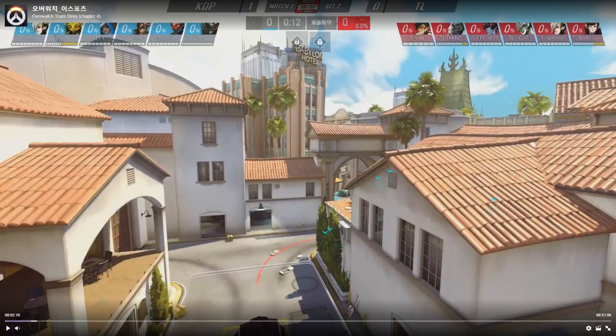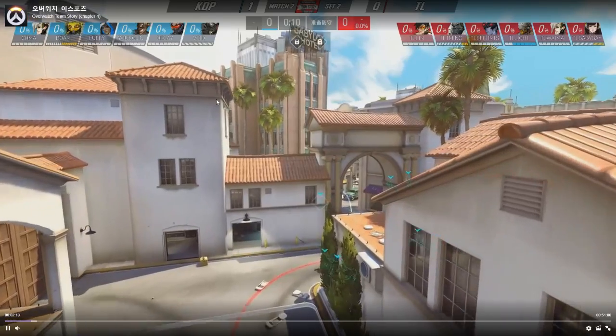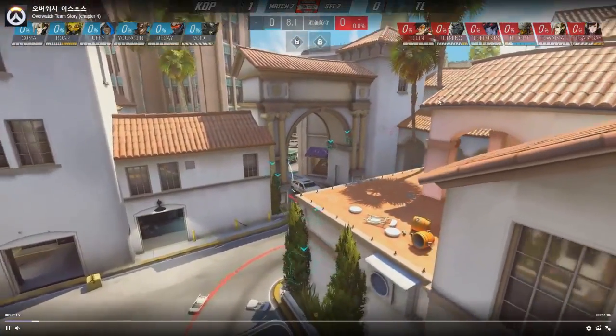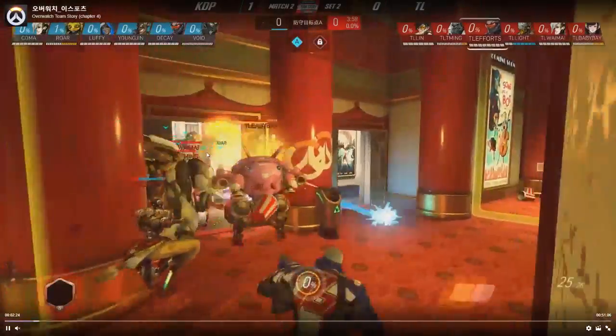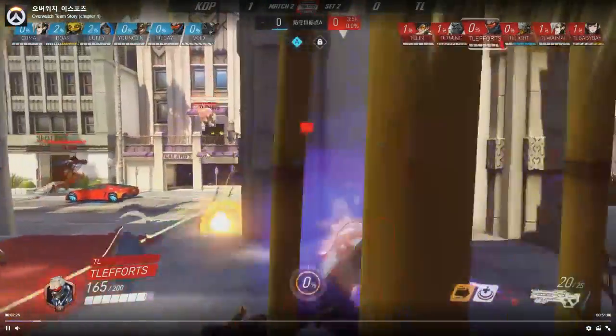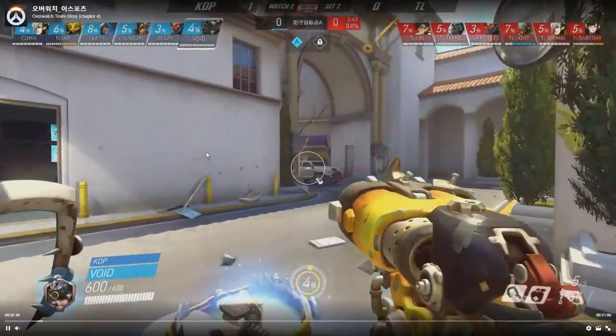But instead they have the Junkrat playing. So what we can see here is this initial part, they're just being cheeky, right? The Mercy and the Soldier are shooting rockets at people coming out of spawn, and Luffy tags people a little bit with a couple shots on the Ana. Nothing too important. But what happens here,